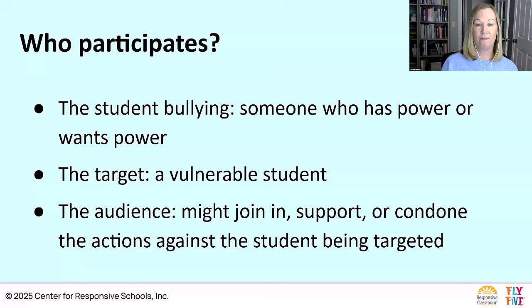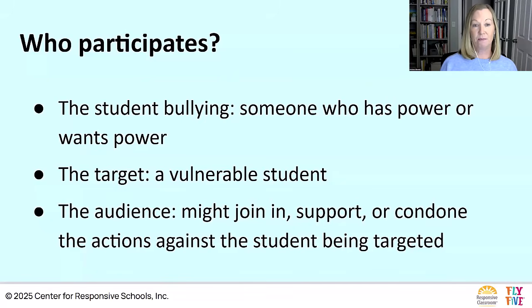And then the third role that happens with bullying is that there's usually an audience. So the important thing to know is that bullying is a social act and it almost always involves an audience. And I saw a statistic that said 85% of incidents of bullying involve or include bystanders. So I thought that was really interesting. Children who bully are seeking power or attention from others around them, not just the targeted child. So they're looking for that audience to give them the power or the attention they're seeking.